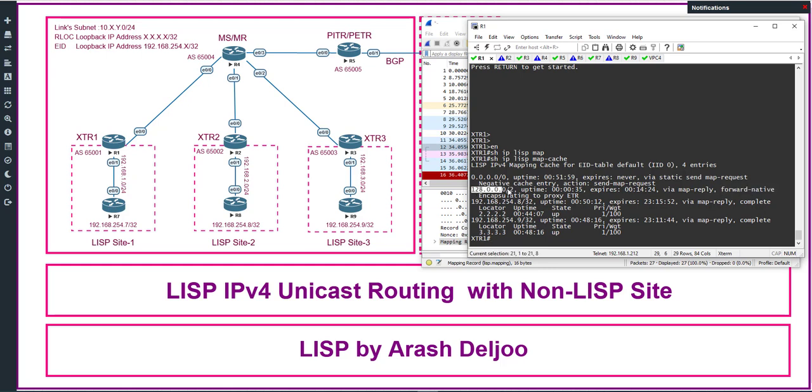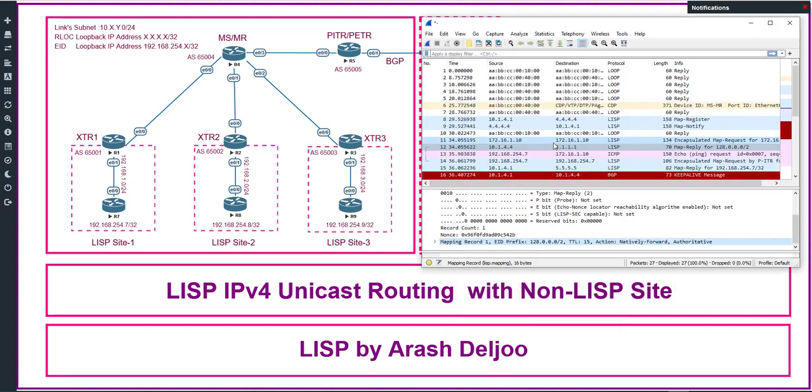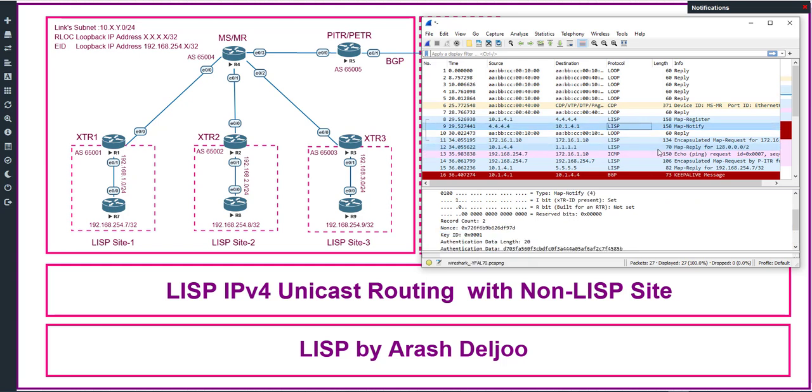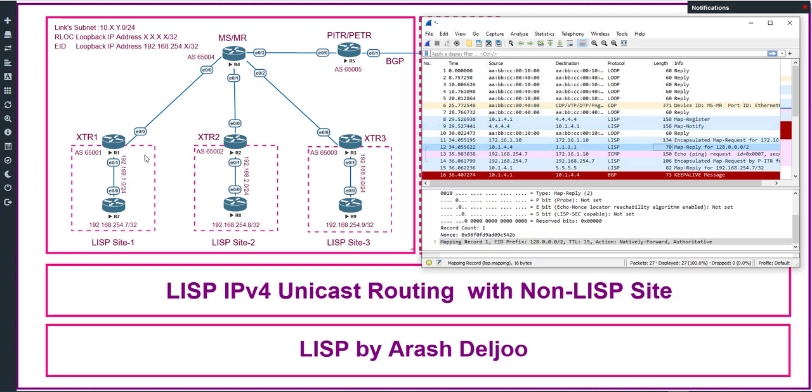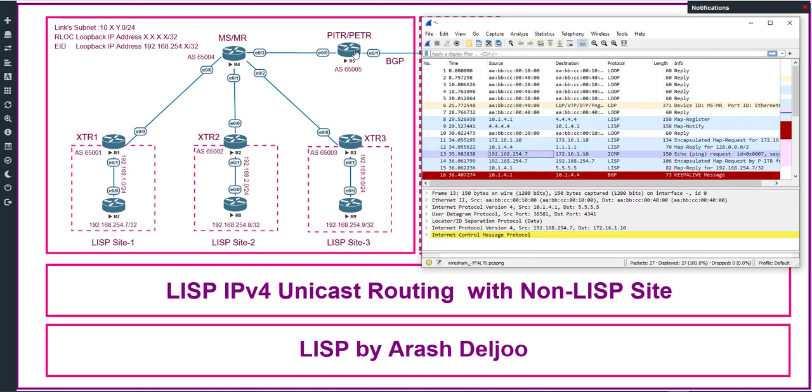This is the supernet of the 172.16, okay? And this is all of the class B's IP address, 1 to 128, for example. After that, because of this map reply message, router 1 encapsulated the ICMP echo to the PETR,